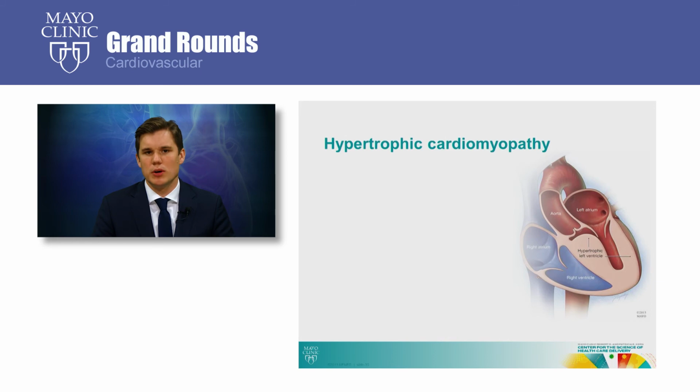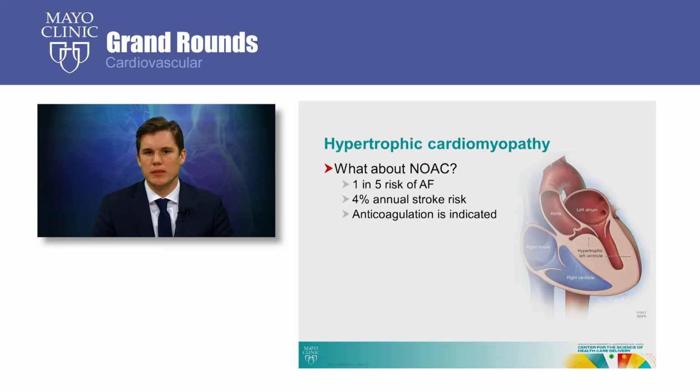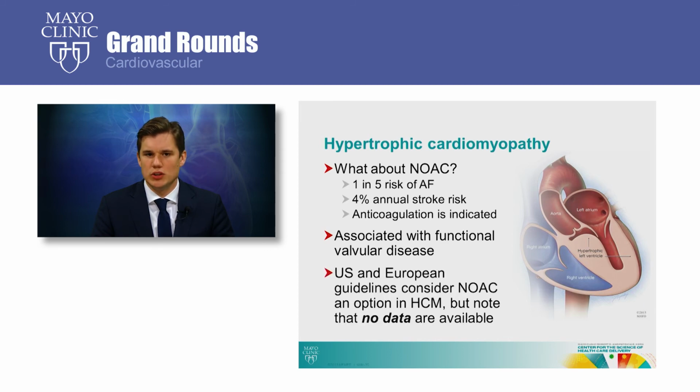In this case, I'll talk about hypertrophic cardiomyopathy. Now, we know that patients with atrial fibrillation and hypertrophic cardiomyopathy require anticoagulation. They have on average about a 4% annual risk of stroke. However, this can also be associated with some acquired valvulopathy, and the US and European guidelines are relatively vague about the use of NOACs as an option for hypertrophic cardiomyopathy, and there are currently no data to guide